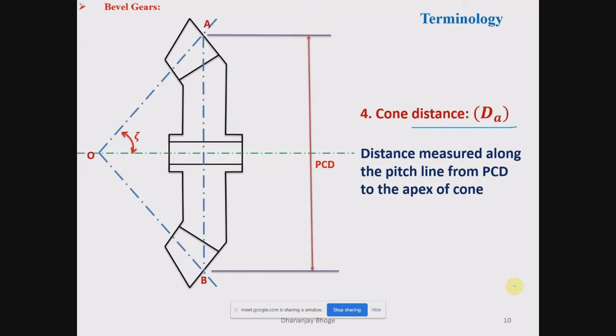Distance measured along the pitch line. You understood which is the pitch line, these blue lines we have drawn. This is pitch line, this is pitch line, generators of cone. So we have to measure the distance along this line from apex of cone to the PCD. So distance OA, distance OA,